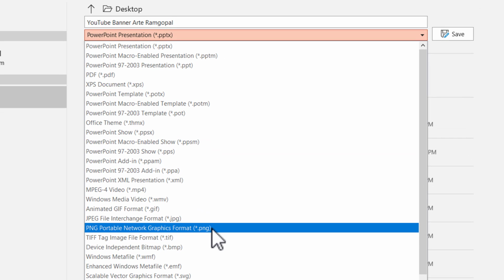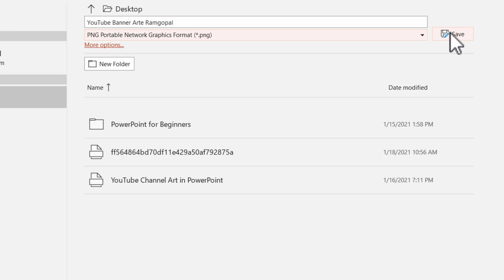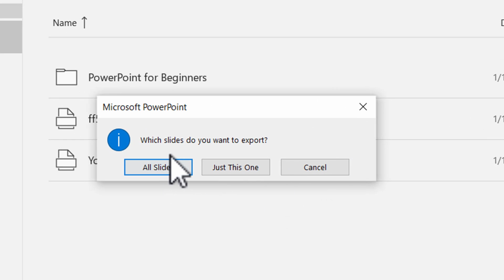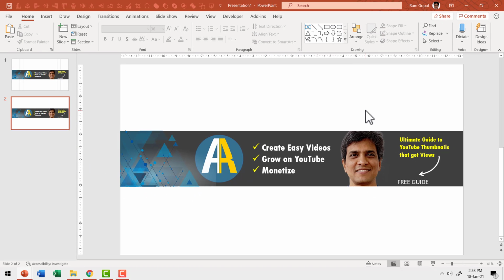When you go down, you see that there is this option called PNG or Portable Network Graphics. You click on that option and say save. Then you will get this dialog box. The question that is asked is, which slides do you want to export? Do you want to export all slides as PNG or just this one? I want just this one, so I'm going to select that, and now this image, which has the banner in the right dimensions and this whole slide size matching the dimensions required by YouTube, is ready for me to upload